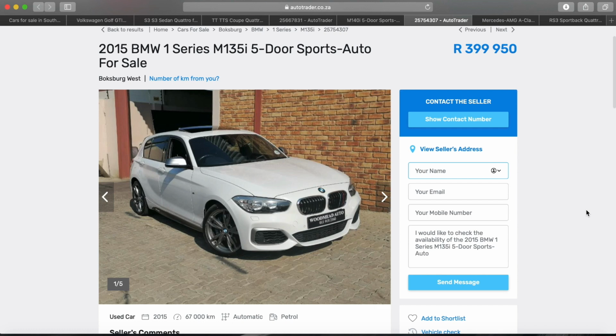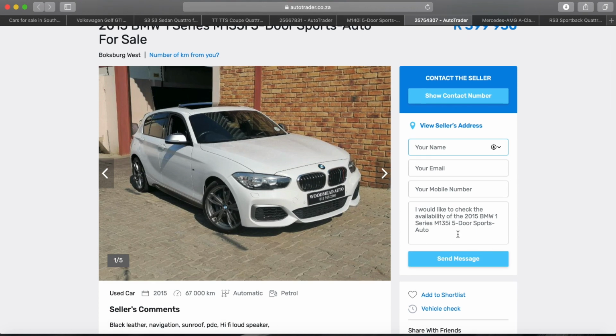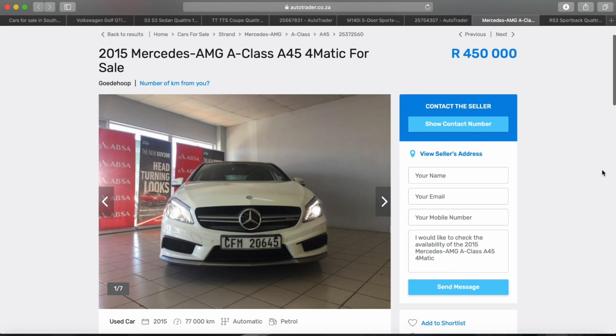We've also got a 2015 BMW 1 Series, a 135 that is here for a similar price with more mileage. Would I go for a newer 140 instead of a 135? Probably not. If it's at the same price and there's everything right with that car, I probably wouldn't go for this specifically. I'd go for a 140. All right, what we got next is we've got a 2015